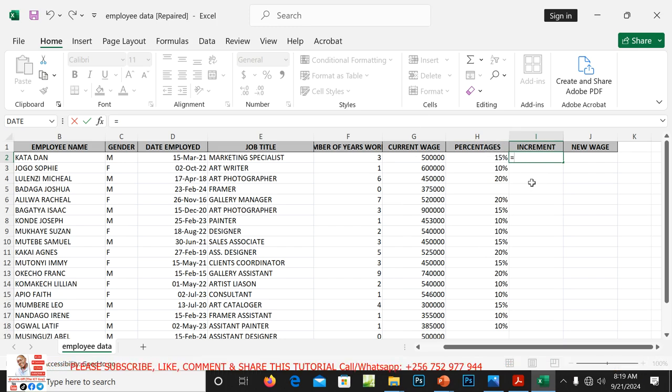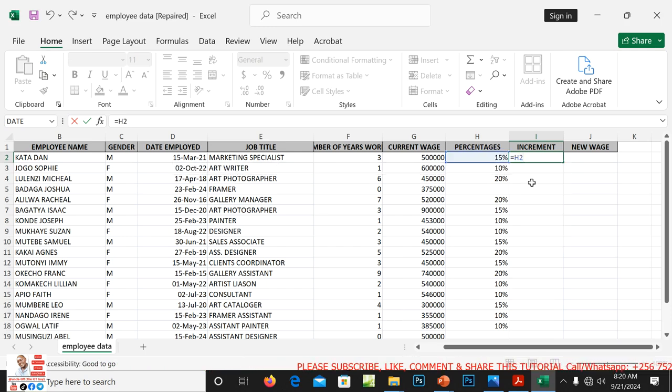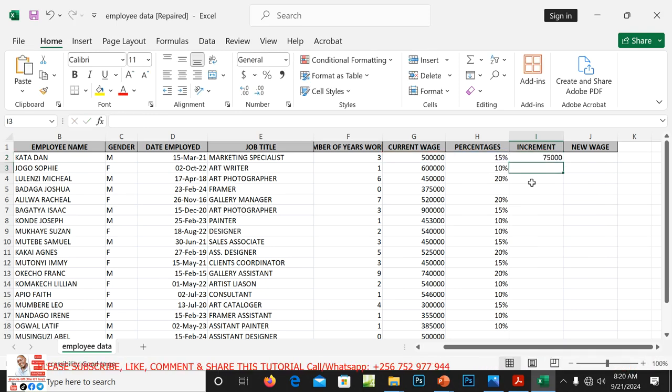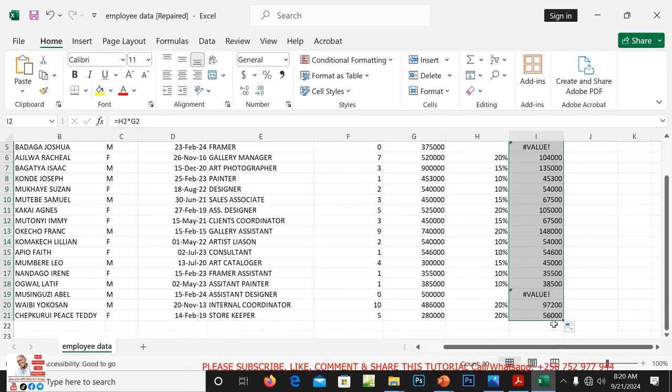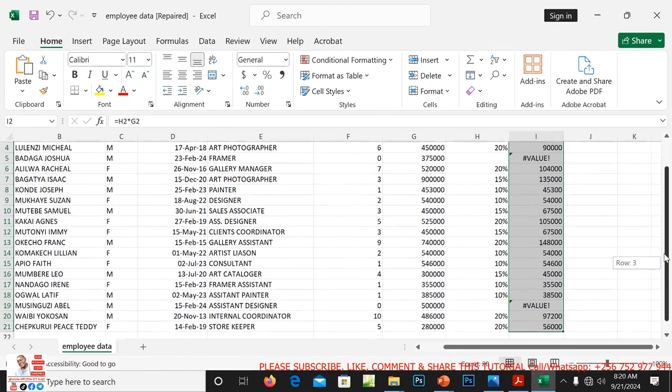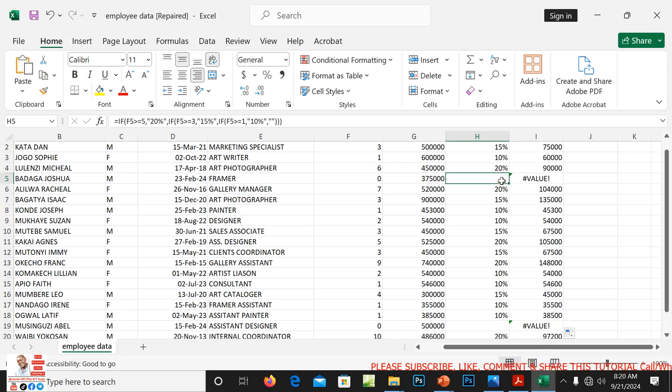So we shall say equals H2 multiplied by G2, the current wage. Okay, enter. Yes, so here is their increment. Why is it showing a hash value here? We just need to put 0 here, I think.